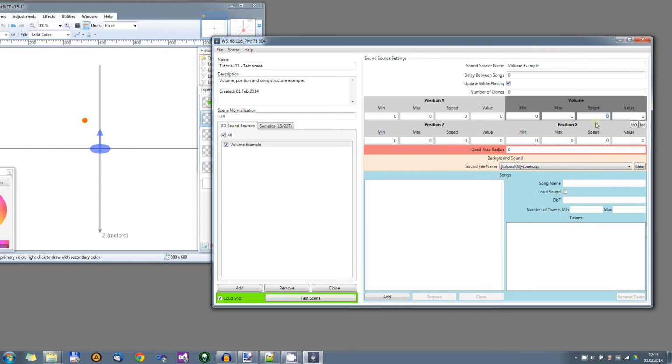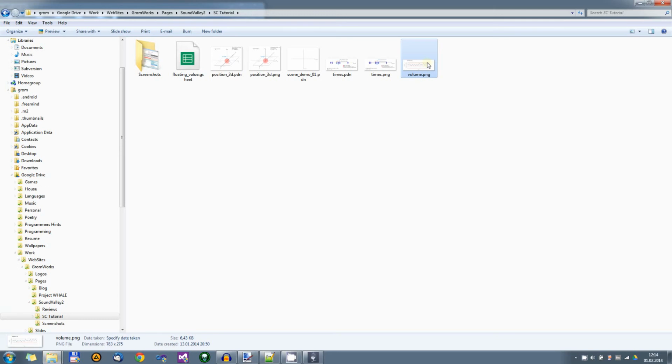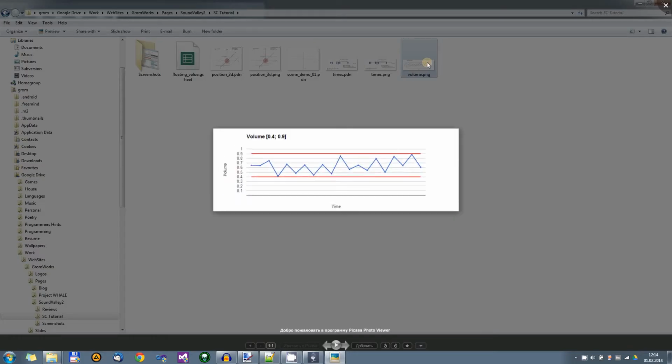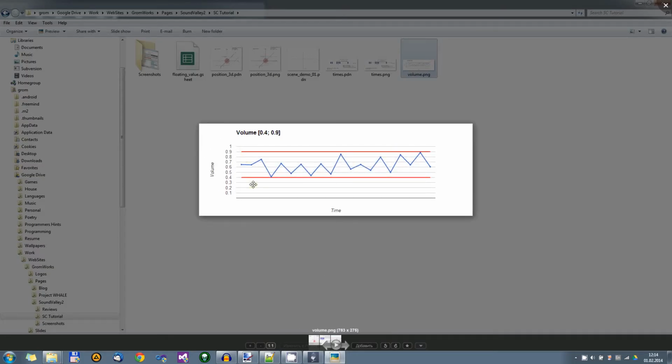Speed. Okay, it's a speed per second. So let's say our volume is going to change 0.1 units of the volume per second, and the initial value will be 0.5 for the volume. So it will start with this and go as I previously showed you already. I will show you again. And it will go. Those red lines on this diagram are 0.4 and 0.9,